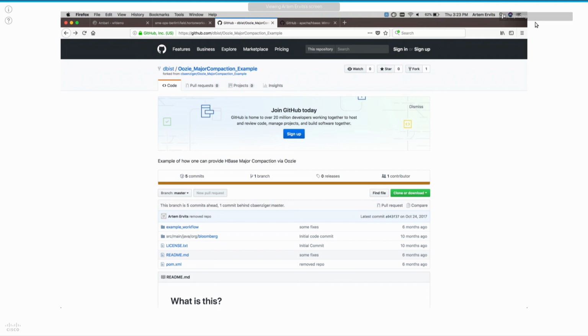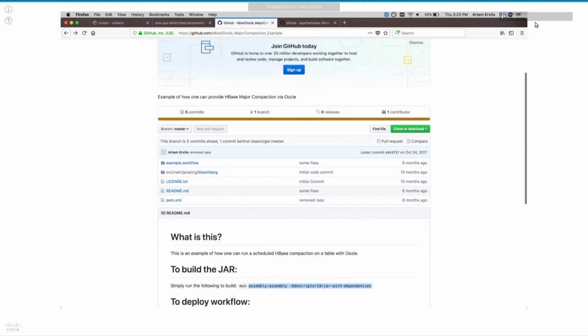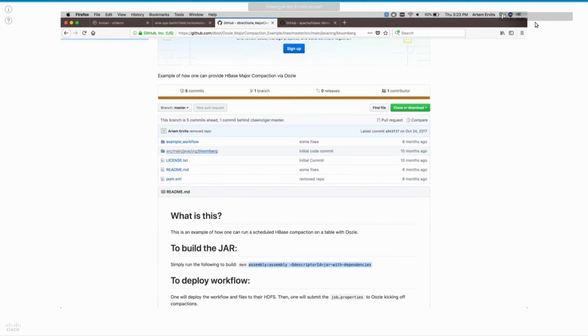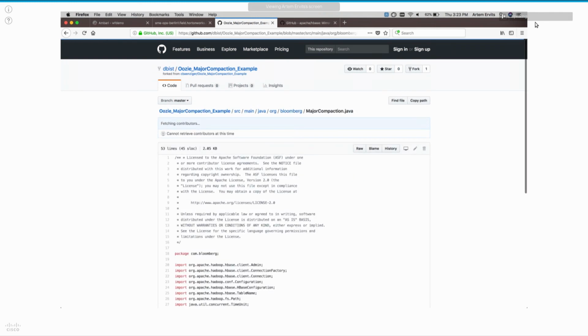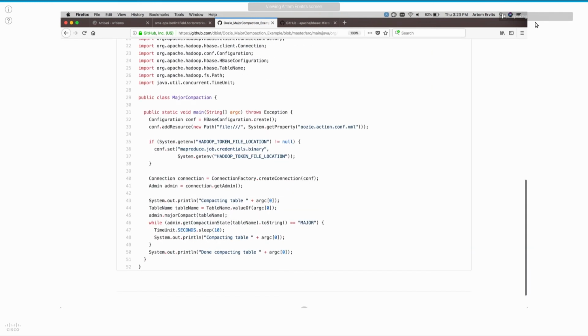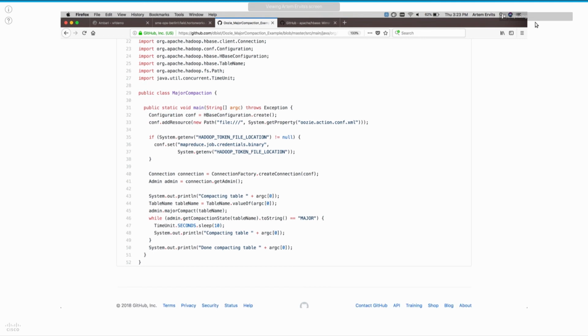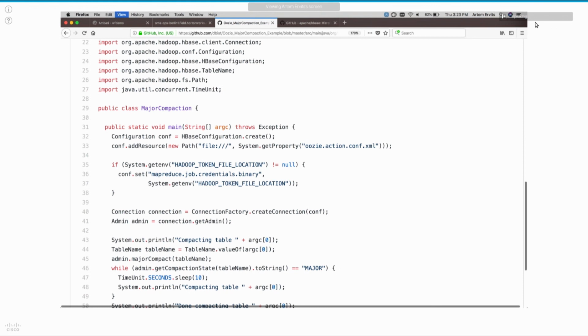Basically, it's just a Java action. You write code to compact a table. Oh, now we're relying on the internet from the hotel. Just for reference, that HBase 19528 JIRA that brought in the HBase major compactor replaces all of this code, which does the most naive thing you could possibly do to kick off a compaction. Well, it does it right, and it does it very well. So just to give you an idea of what we're running versus just running a shell command.